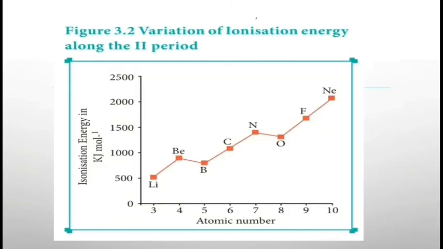What about the period? We expect that from left to right the ionization energy increases. It also follows the same manner, but there are some deviations. From lithium to beryllium the energy increases, but from beryllium to boron the ionization energy decreases. From boron to nitrogen it increases. From nitrogen to oxygen, nitrogen has more energy than oxygen. From oxygen it increases. So why these two fluctuations, beryllium to boron and nitrogen to oxygen? What is the reason for this deviation in the change in ionization energy along a period?